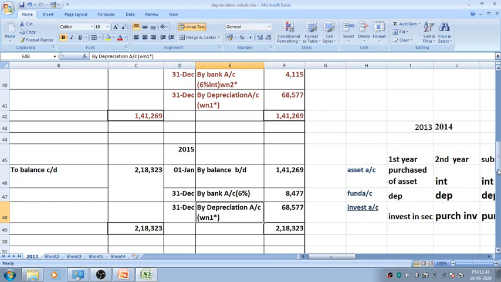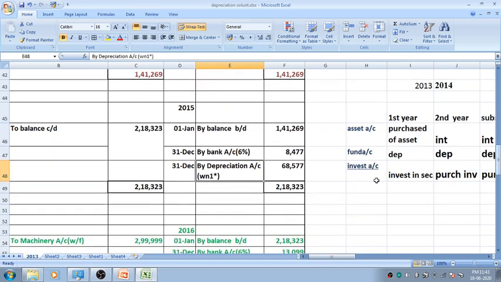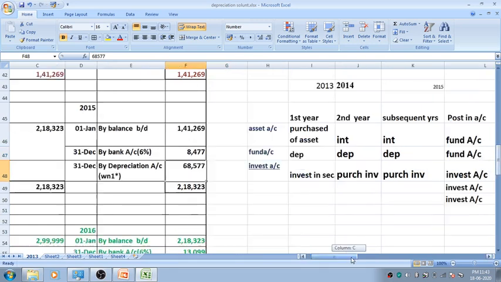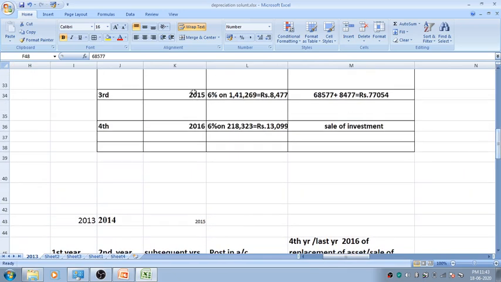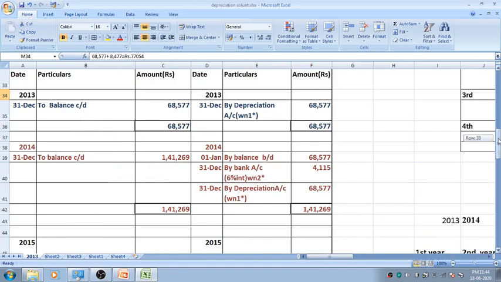The third entry is investment purchase. Now, investment purchase is interest plus depreciation. So add both in the working note. Add both, 2015, depreciation plus interest, will give you 77,054. So now it's time to record that entry